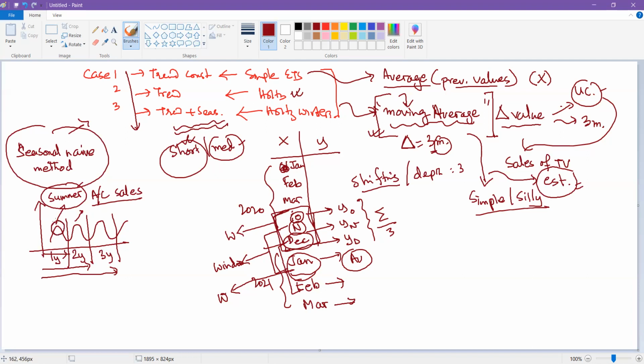So I can take an average of what has happened in this peak, or even better, let's take an actual value. And I say that there is a very high chance of this value repeating next year also. So if in the year 2020, I have on average in the summer season sold 5 ACs per day, or let's say 35 ACs per week, then there is a very good chance that 35 ACs per week will also be sold in the year 2021.